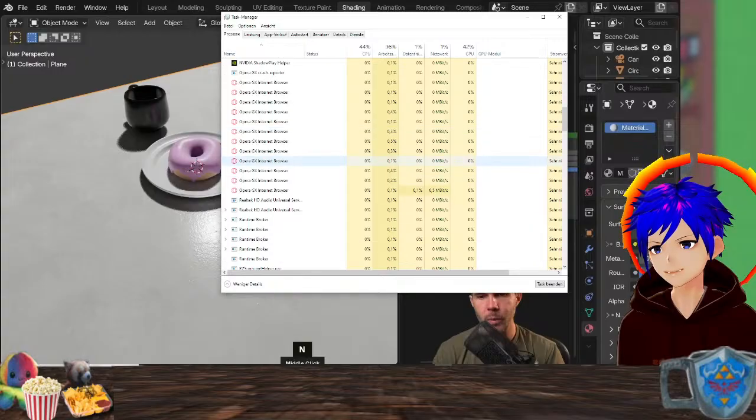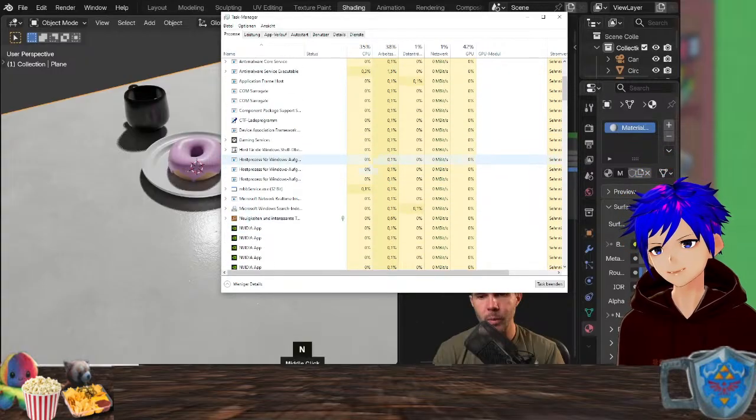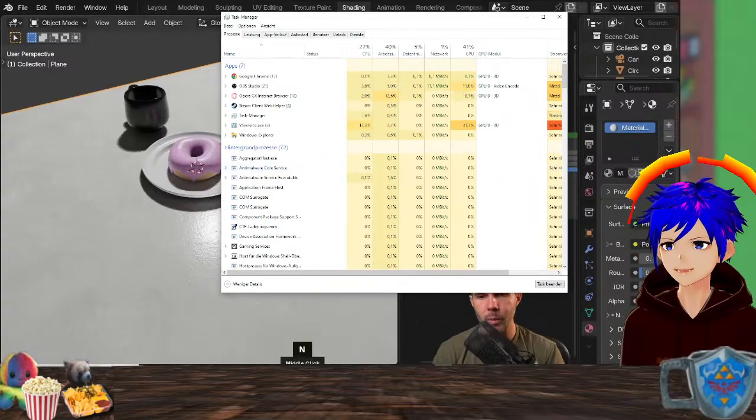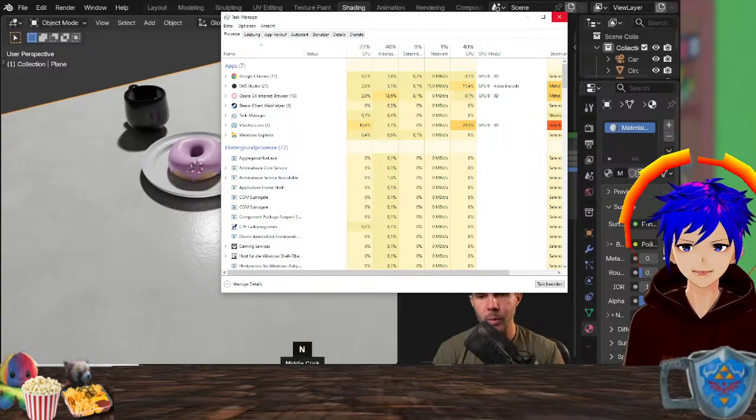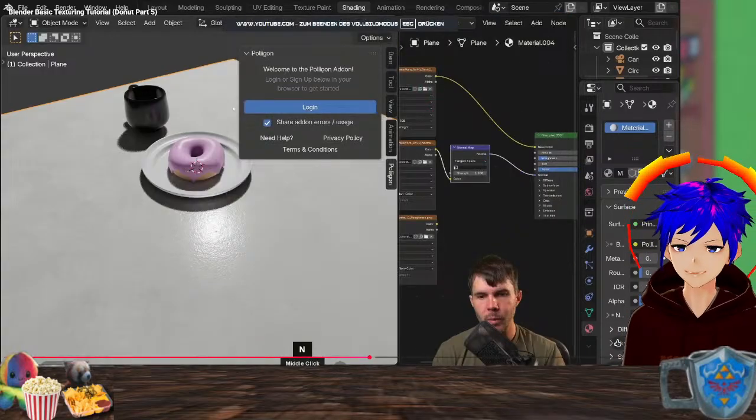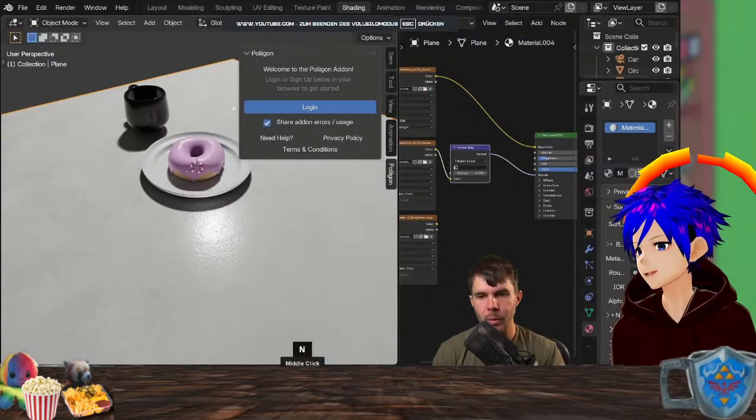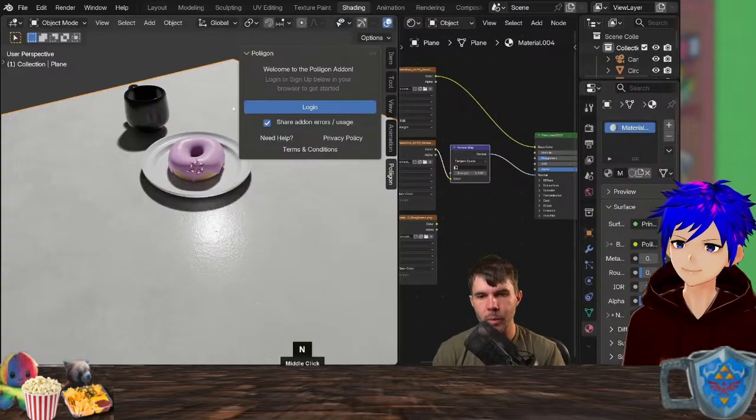I will never not be surprised about the amount of bullshit that is running in the background of my PC, and I don't even have control over half of it.